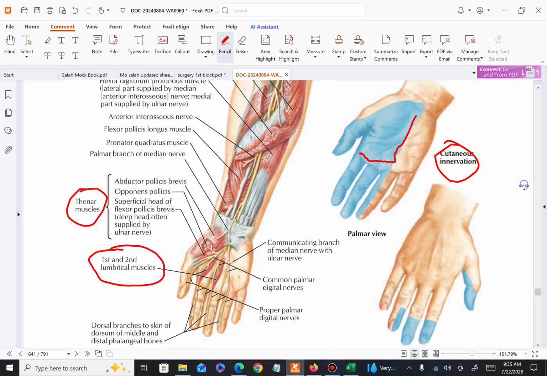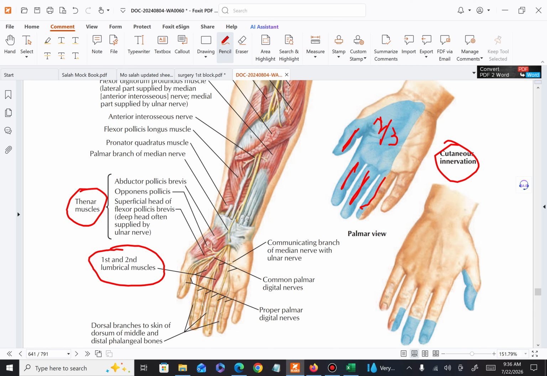lateral two-thirds of the palm and the lateral 3.5 fingers on the palmar side. So on the palmar surface, or the anterior surface of the hand, it supplies the skin of the lateral two-thirds of the palm and the lateral 3.5 fingers. So this is the cutaneous supply of the median nerve on the palmar side of the hand,